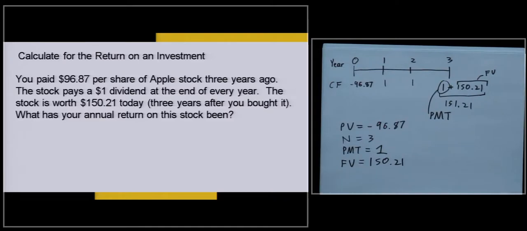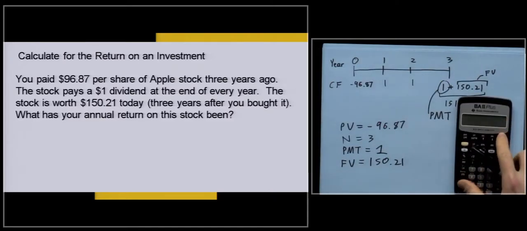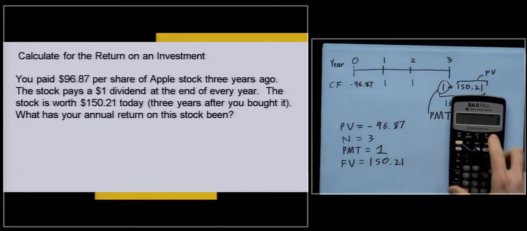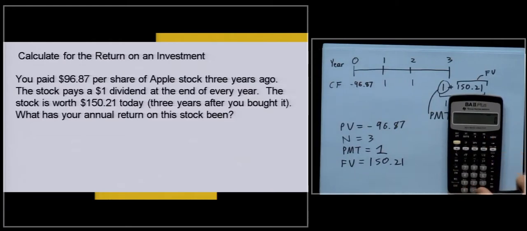All right, so let's work this problem. So right away, when I pull up my calculator, you probably see that I have it in beginning mode. I'm going to need to set it to end mode in order to work this problem. So I'm going to hit second, payment, second, enter, and now we're back in end mode, which means that any payment that we enter, the calculator is going to record that as a payment occurring at the end of each period, just like how most payments work